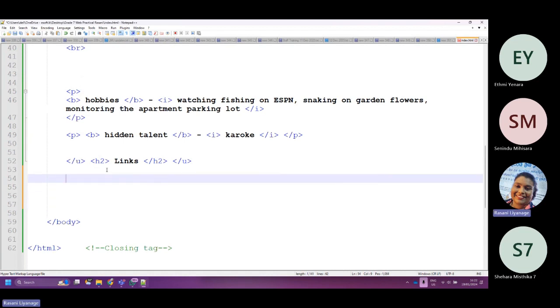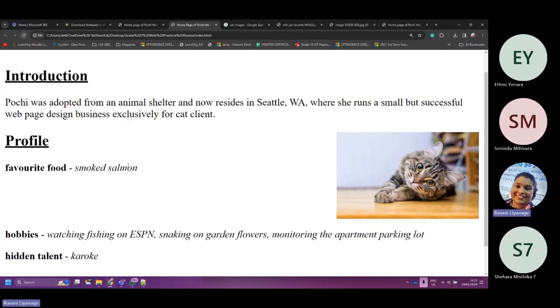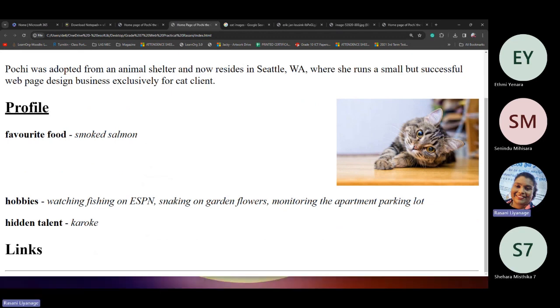Suppose I'm drawing a line, a ruler. After saying links. The tag for a ruler is HR. Have the rule also. You can add colors to the rule. For now there's just a small line.